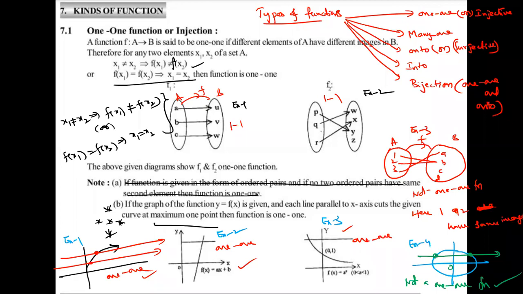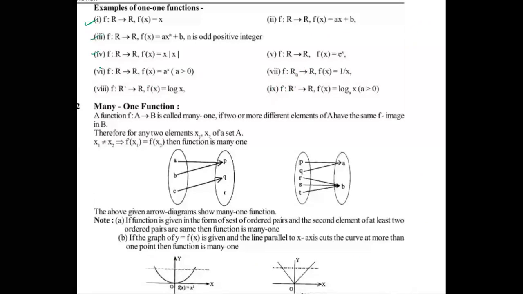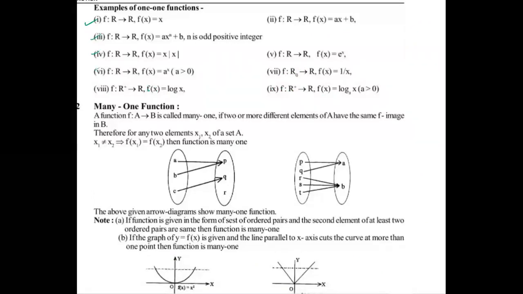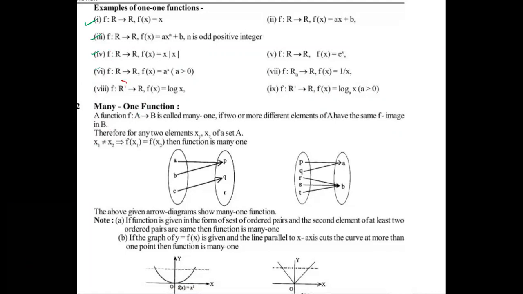Next one, see. Thank you, Srija. Now, these are all our examples, dear students. How many examples? 1, 2, 3, 4, 5, 6, up to 9. Look carefully. In this case, what is the domain? R plus. In this case, the domain is any real number other than 0. Be careful.